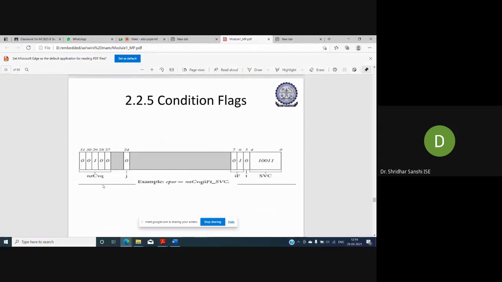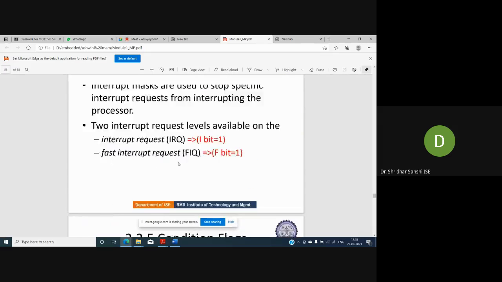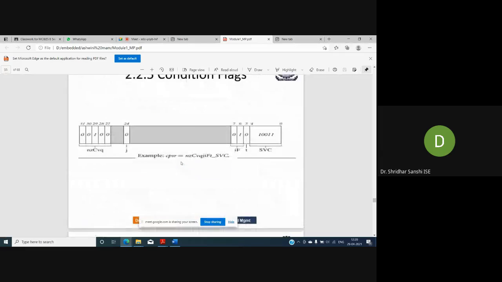So this is an example here. These are the values depicted in the CPSR register. You can see there is a J bit. Can anyone tell what is the status? What does this value correspond to? You can check this figure and compare it with the generic architecture of the PSR and tell me what value corresponds to what and what it means.